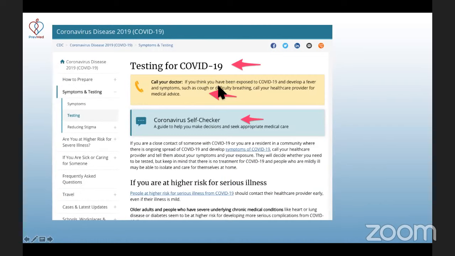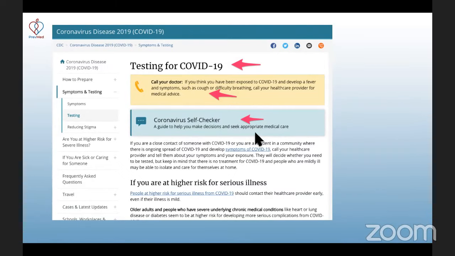Testing for COVID-19. First of all, it says in yellow, right at the top, call your doctor. If you think you've been exposed to COVID-19 and develop a fever and symptoms such as cough or difficulty breathing, call your healthcare provider for medical advice. And then the next place you can go, they suggest, is the coronavirus self-checker, a guide to help you make decisions and seek appropriate care. So as you see,